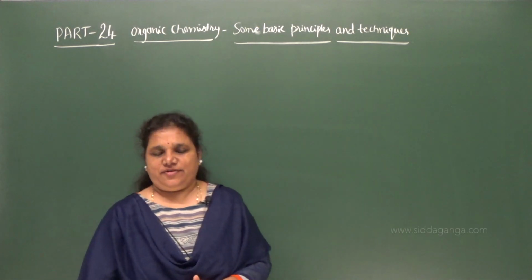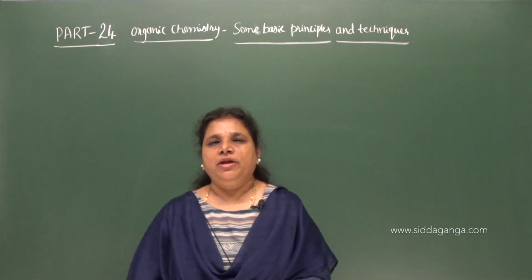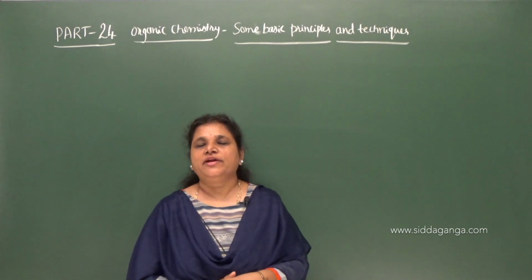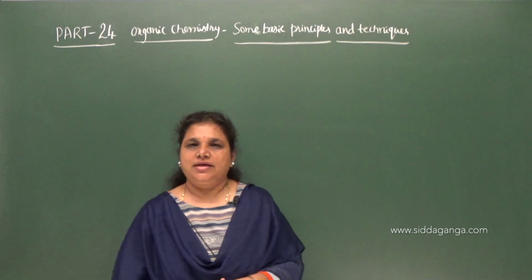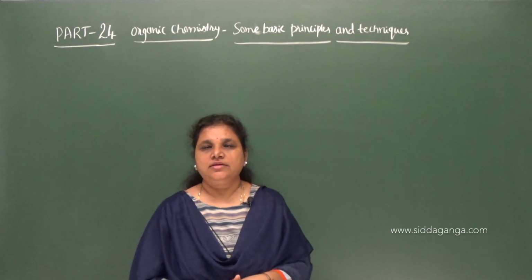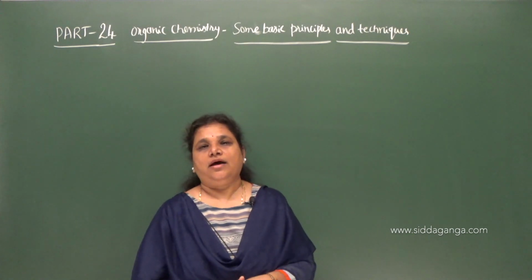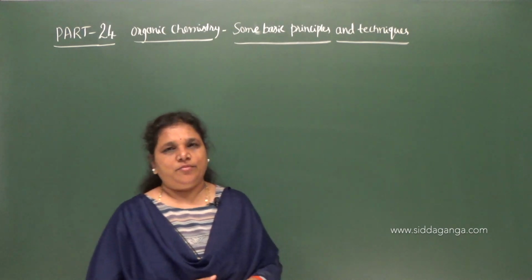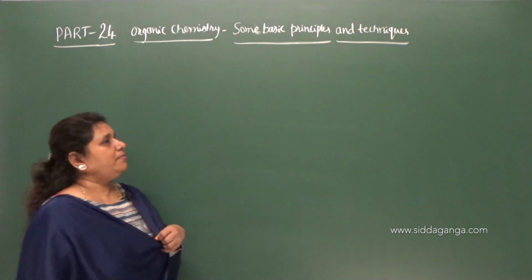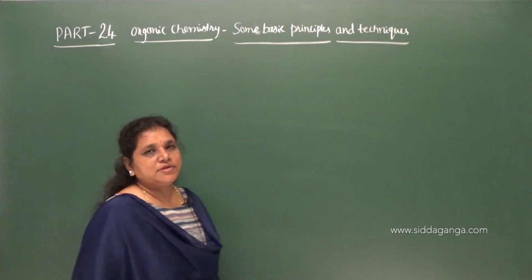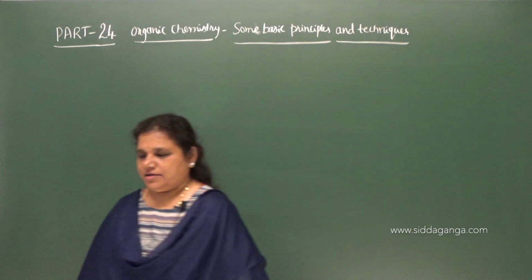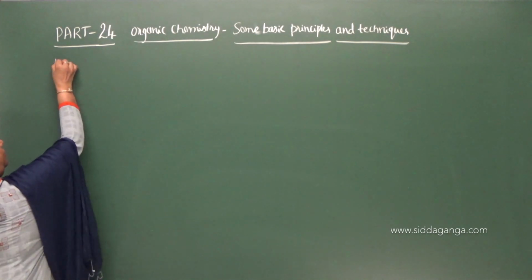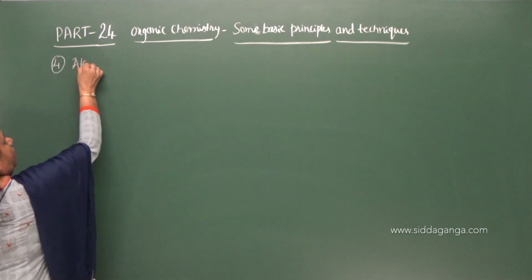In the previous class we discussed the common name and the IUPAC name of a few members of different classes of organic compounds. We considered alkenes, alkynes and also haloalkanes or the alkyl halides. Let us move on to the next class of organic compounds. So, let us start with part 23 of organic chemistry, basic principles and techniques. Let us move on to the fourth one. Fourth one here is alcohols.